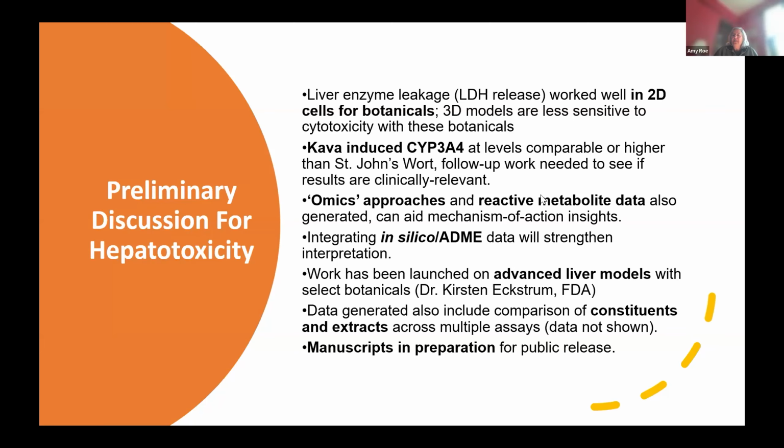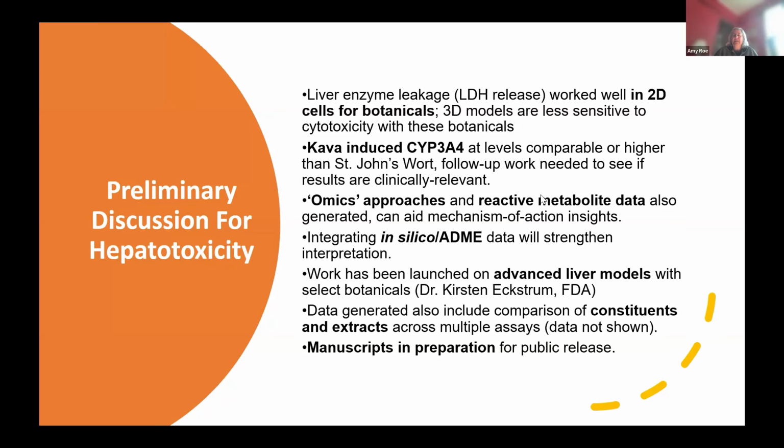Kava induced 3A4 at levels comparable or higher, actually, than St. John's wort. And so we really want to follow up with that to see if the results are clinically relevant. So, we have various ideas of some work that we might like to do. And if funding was available, we'd even like to do a clinical interaction study if we could, just because